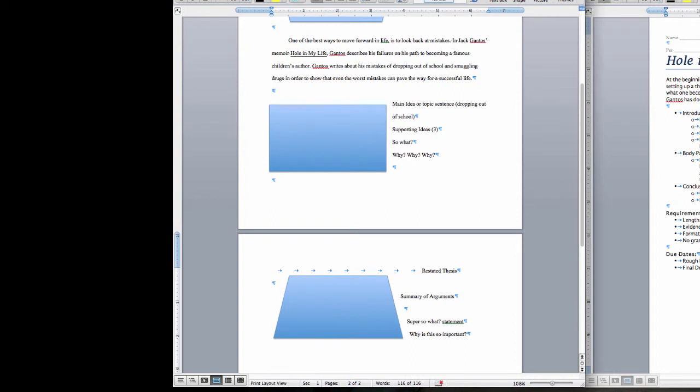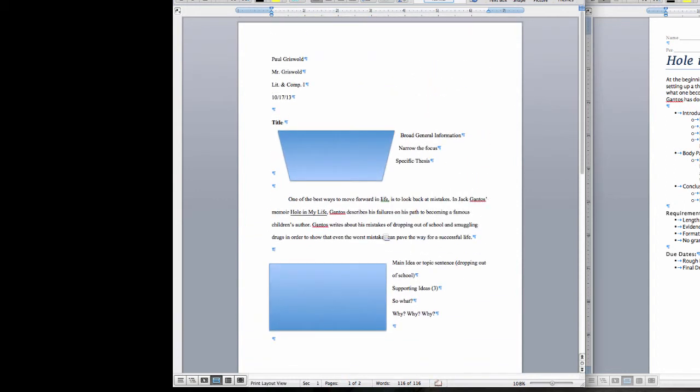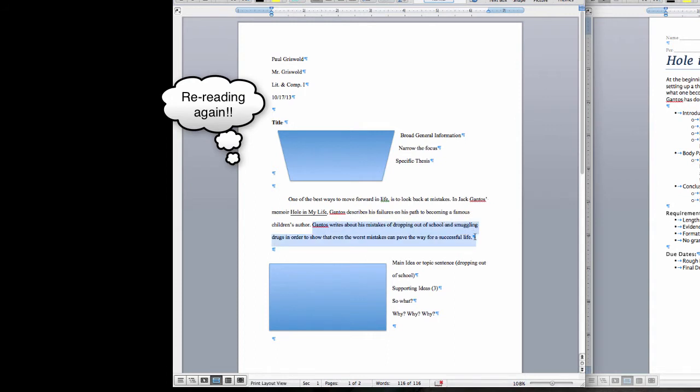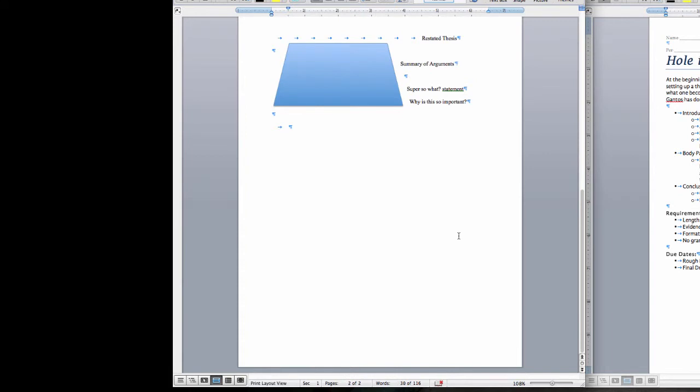I'm going to take you through an example of what I mean. So, if I look back up to my introduction, my thesis statement was Gantos writes about his mistakes of dropping out of school and smuggling drugs in order to show that even the worst mistakes can pave the way for a successful life. So the main ideas in there are Jack's two mistakes that I'm saying he made and his successful life afterwards. So working with that, I'm going to try and spin a new sentence out.